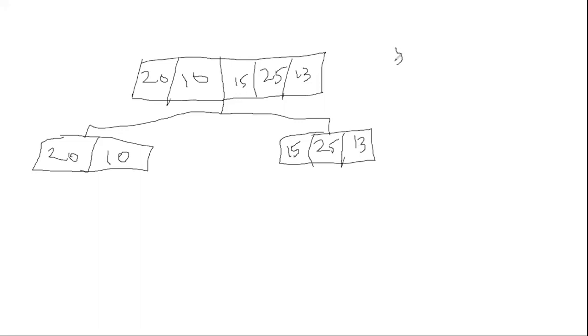Again, I will. So this is 5 divided by 2. 5 elements, so 5 divided by 2. This is again 3 divided by 2 equal to 1. Here also 2 divided by 2 equal to 1. So there will be no issues. This will be divided into 2. One is 20, another one is 10.